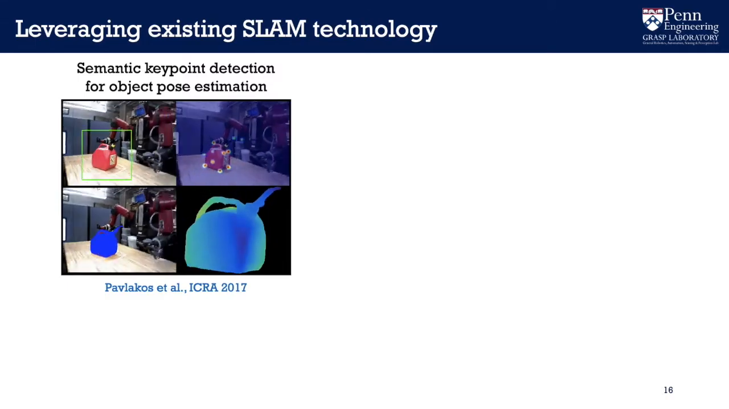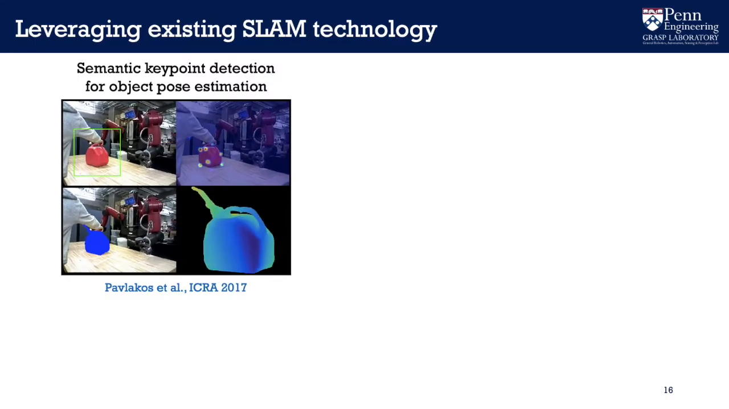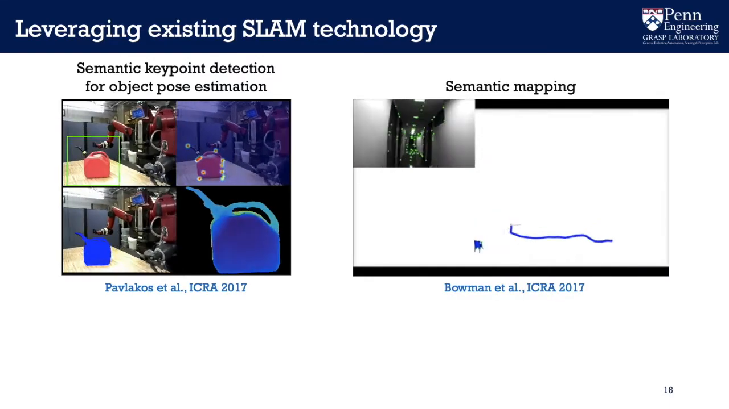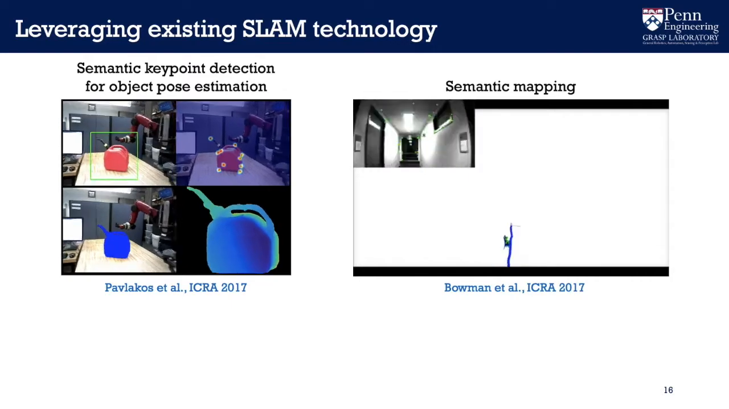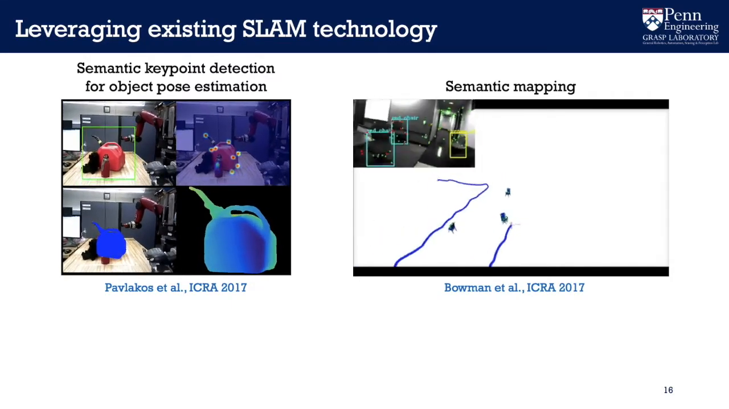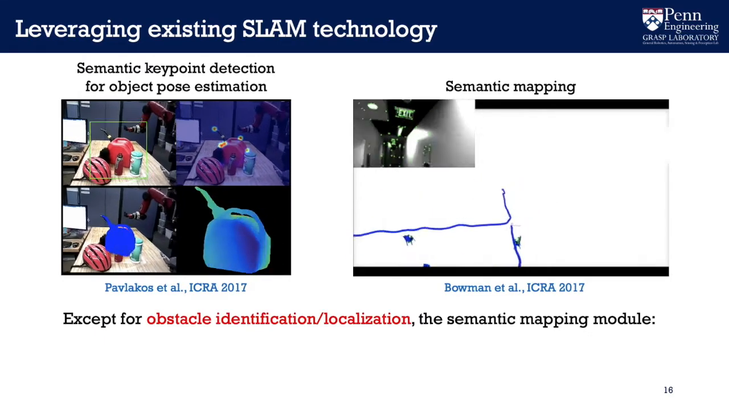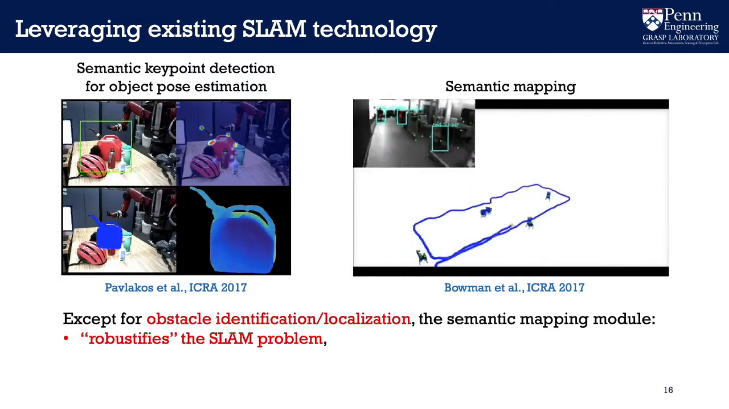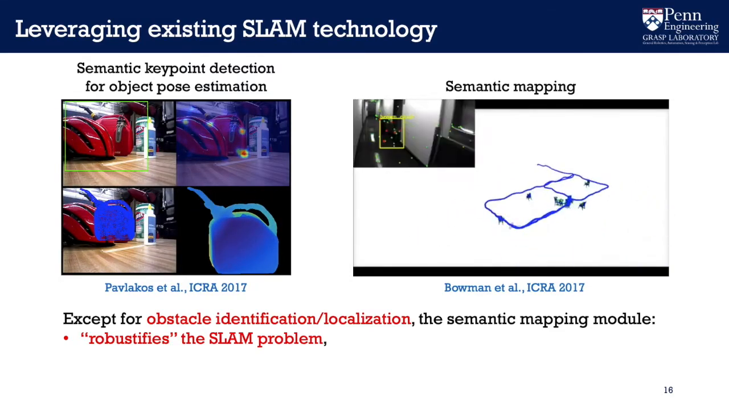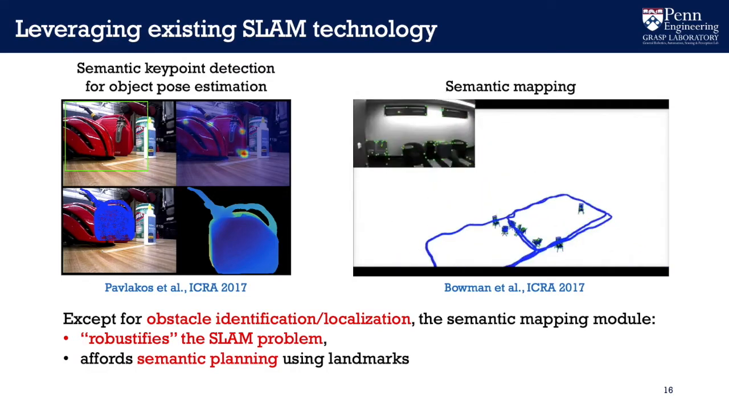For our experiments, we leveraged existing technology on object pose estimation using deep learning to detect semantic key points on a 2D image, and couple it with a semantic SLAM algorithm that keeps track of both the robot and the encountered objects in the environment by building a 3D semantic map. Except for obstacle identification and robot localization, the semantic mapping module makes the SLAM problem solution more robust by localizing against semantic instead of just geometric landmarks, and also affords semantic planning by using these semantic landmarks to design more